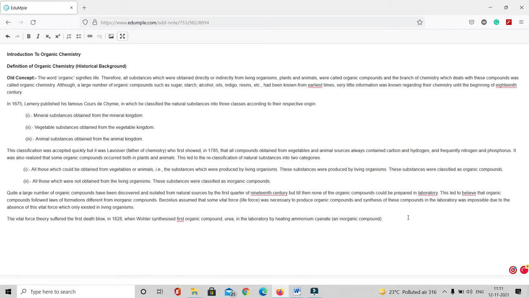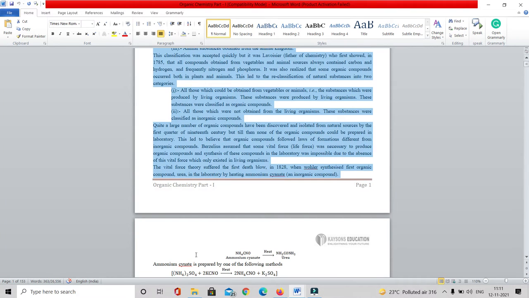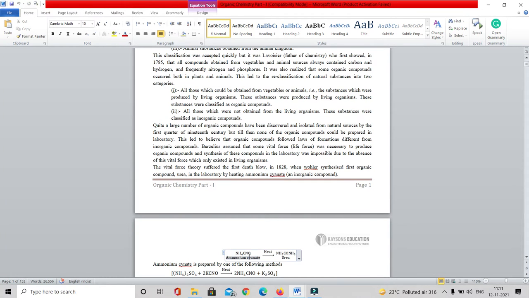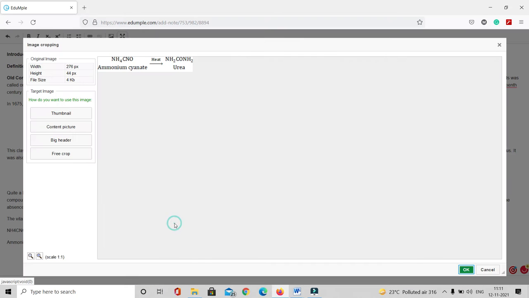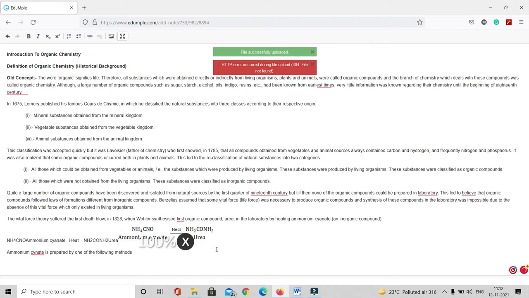Alright. Now suppose you want to add some images, make it more attractive, some maths equations. So now suppose this is the equation typed over here. Now either I can do one thing, I can select it along with the text. We'll advise you not to have too many images selected in one go, but yeah, you can simply copy and paste it over here. It'll ask you for the image. If it's right, adjust it.